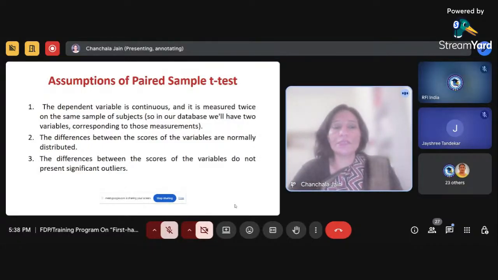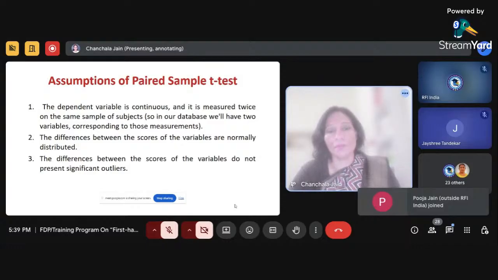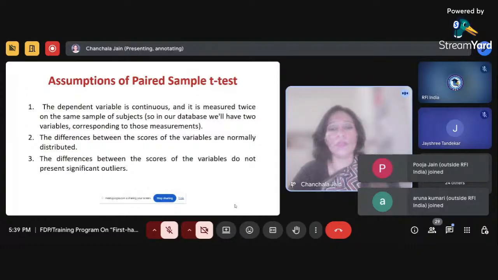So the first assumption says the dependent variable is continuous and it is measured twice on the same sample of subjects. If you can recall, we have just discussed that we will be having a single variable. That variable will be a numeric or continuous variable. That is why we are calling it a dependent variable. And we need to measure this variable twice for the same sample, right? There will be a gap of some period of time, and that way you are measuring the same variable twice for the same sample. Second says the differences between the scores of variables